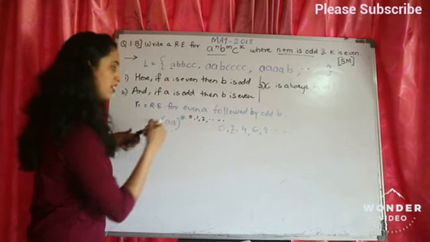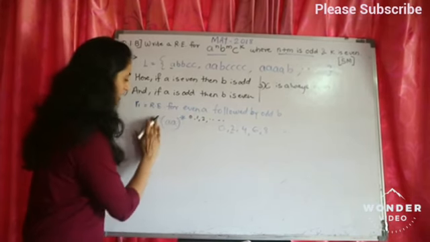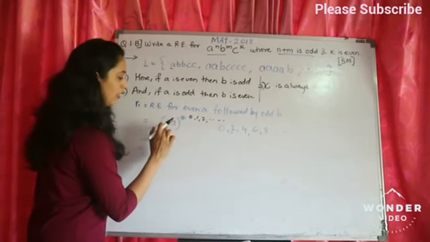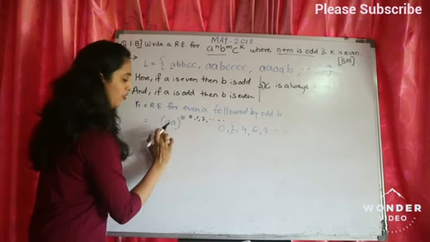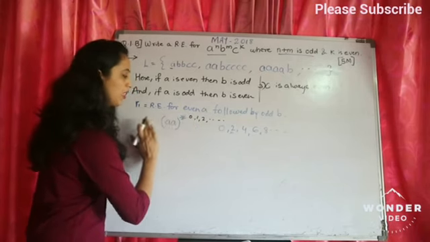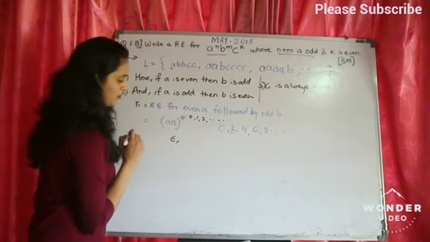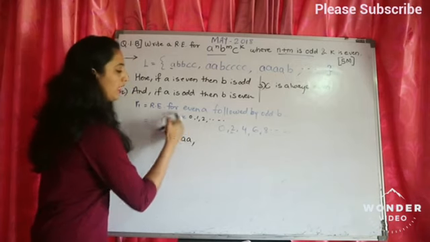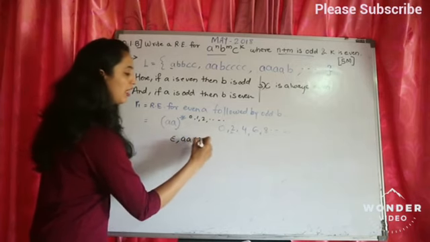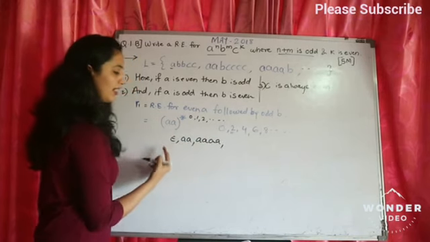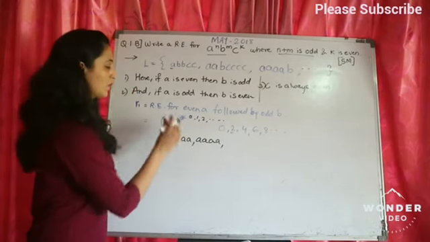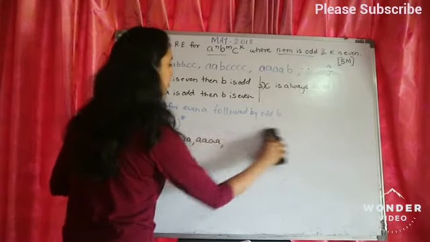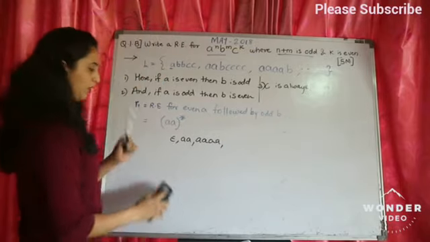If this closure repeats for 0 number of times, what is the string that I will get? Just ignore this epsilon, focus on this. If I have A in a bracket closure, if this entire bracket is run for 0 times, meaning it does not run at all, then what string will we get? Epsilon. If this entire bracket runs 1 time, then what string do we get? AA. If this bracket runs 2 times, what is the string I am getting? 4 times A. Like that, I will have all even number of A's. So only this thing is sufficient to give me even number of A's. I hope you understood what is closure and how do we use it.